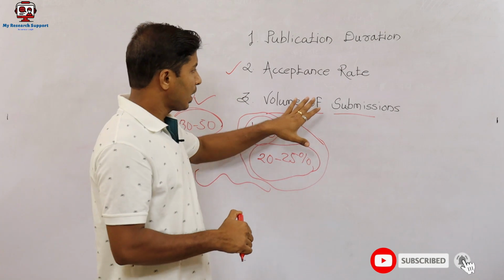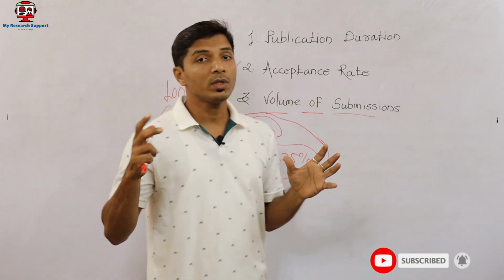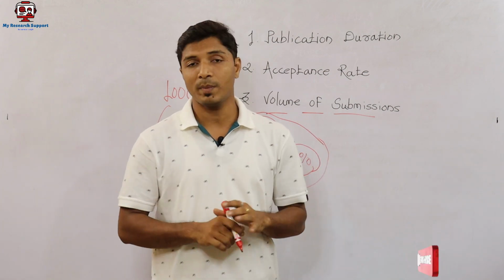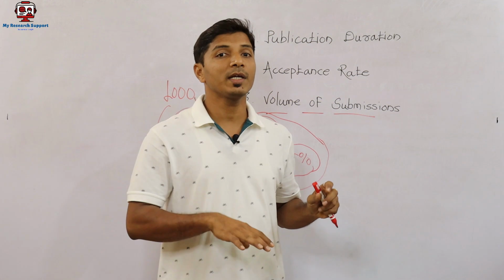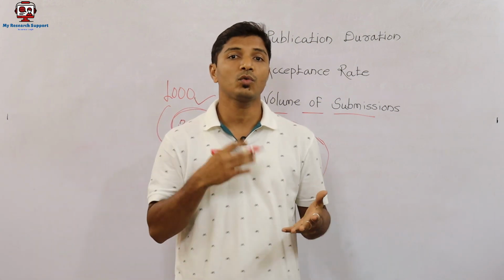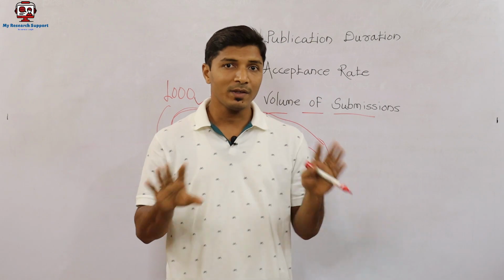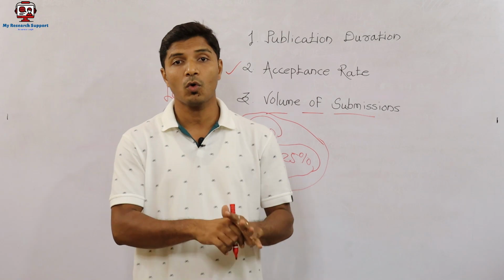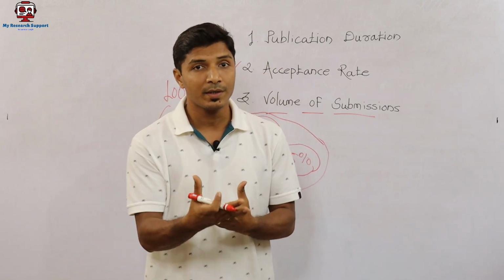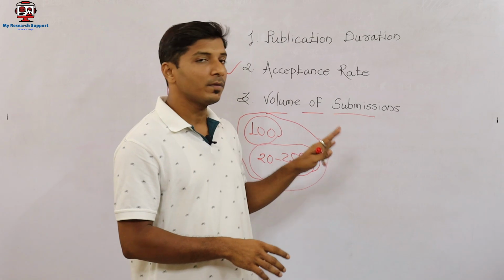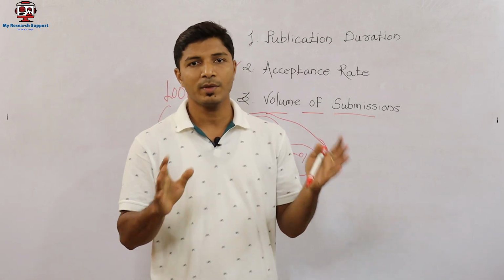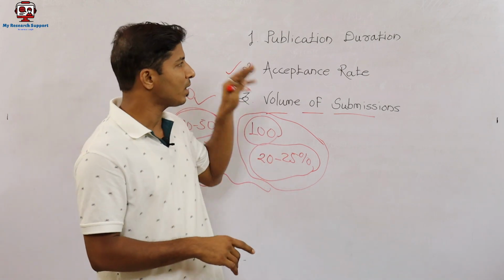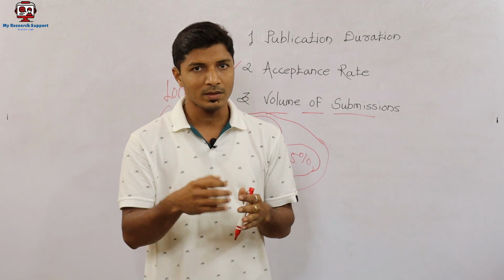See, I am not saying that you should not go for the old journals, because old journals have excellent metrics and it is an honor to publish in these types of journals. But yes, the publication duration for these journals may be 1 year, 2 years or more than that. If you do not have any time constraint and you have written excellent research articles, definitely you should go for journals with higher or excellent metrics. But if you have some time constraint and you have to publish your research articles maybe within 6 to 8 months, then in those cases definitely you can consider newly added Scopus journals for publication.